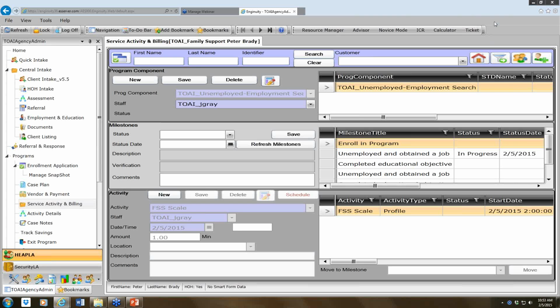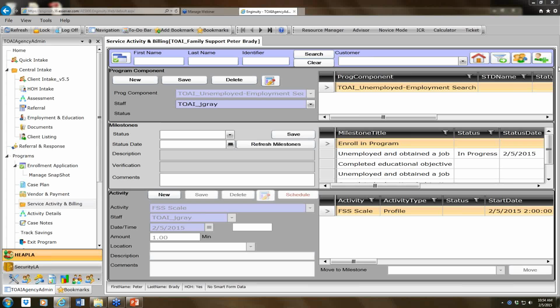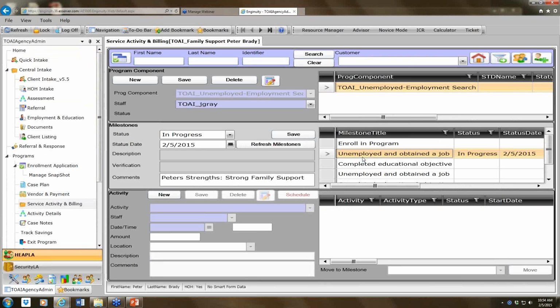Okay, you should now see, so I'm going to talk through several different pages. This is our service activity, and it's called billing, which is going to be changed, but service activity page. So what this page will do is it will tie a milestone. So I know you guys have probably heard of the outcomes of efforts report, and this is what will tie